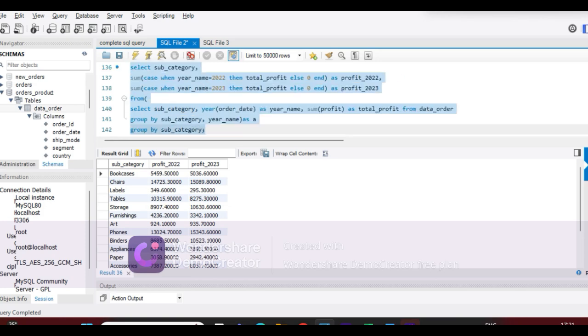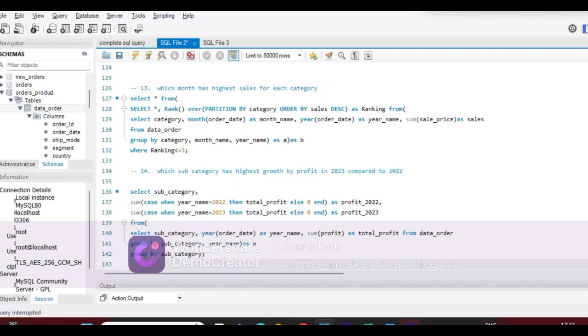To find out the growth percentage, we will use another subquery where we will select star comma, to find out the growth percentage, we have to subtract the profit of 2022 from profit of 2023, multiplied by 100 and divided by profit of 2022. Let's put it in some brackets